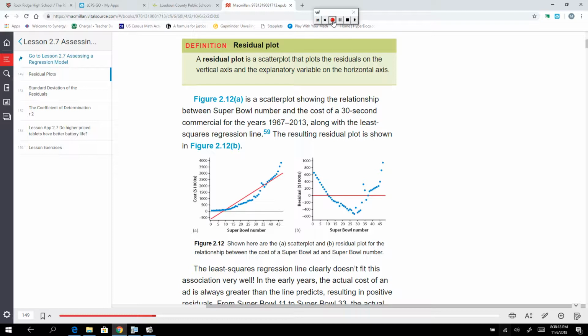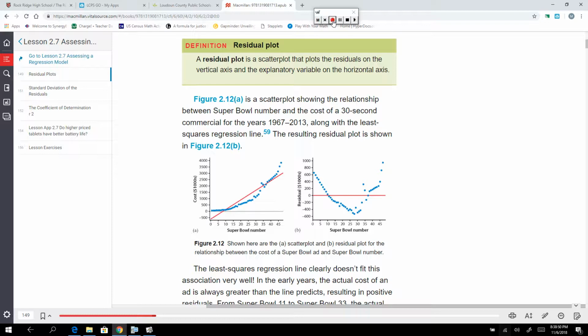On the part B graph, we don't have a scatter plot anymore, we have a residual plot. Our x-axis is still the same, Super Bowl numbers 1 through 45, but instead of the cost of the commercial on the left, we have the residual. So each of these blue dots is actually actual minus predicted. If you can imagine lines drawn and calculated between the point and the line,